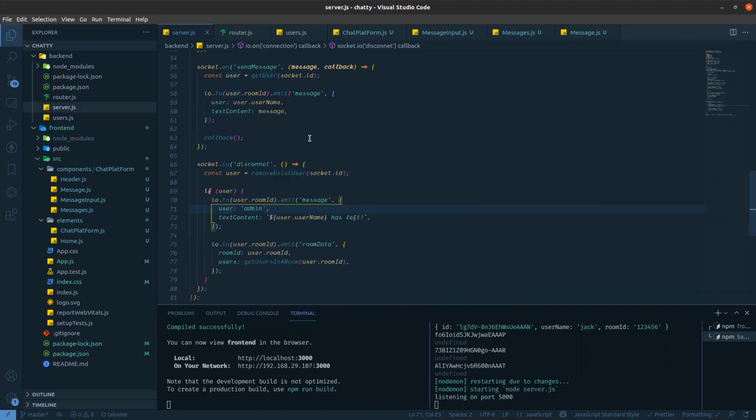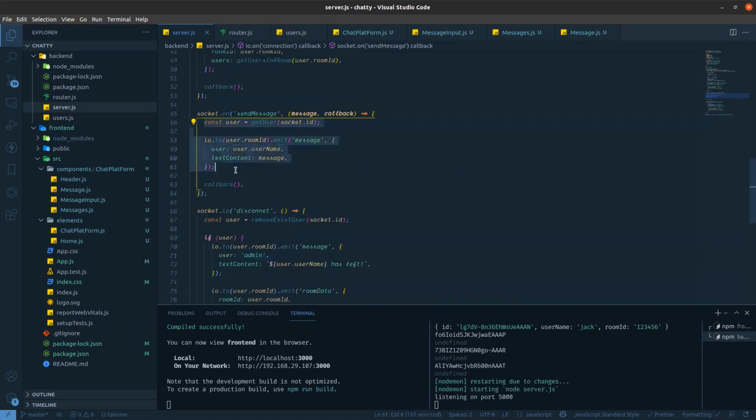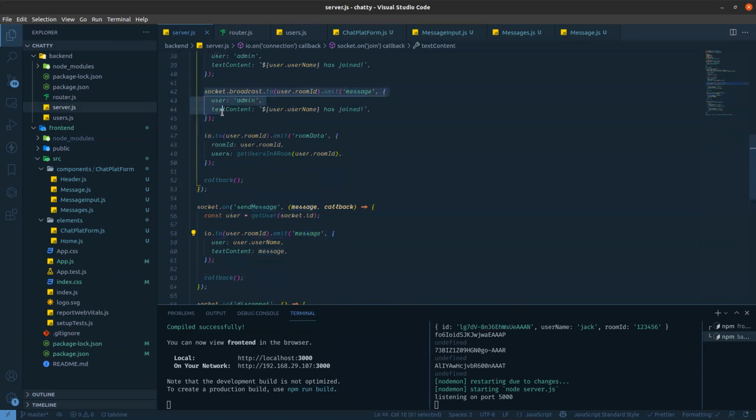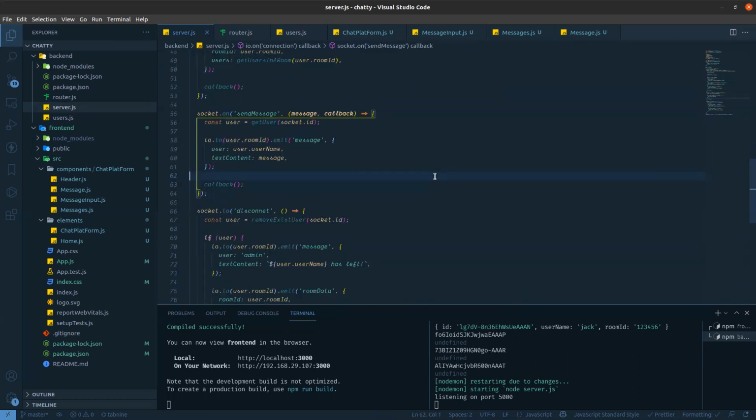So it's totally done. This is the method to send a message from one user to another user, or from one user to many users in a single room. It's sending to that room ID, whichever room ID is matched in the socket, and it emits that message, whatever I've already given, like for admin. Now only the username and the text content have changed, but everything else is the same.